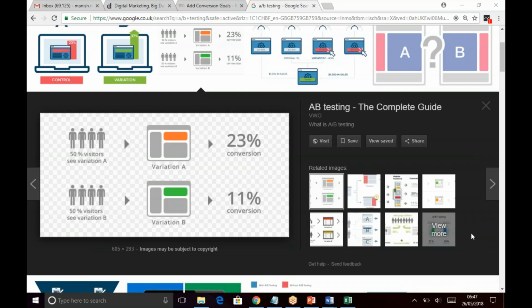So this is what is happening, guys. Variation A, variation B. 50% of people would see variation A, 50% would see variation B. Then you look at conversion. Which variant is better? Which version gives you better conversion? You do a comparison, and then in this case, I am going to implement variation A. And sometimes all